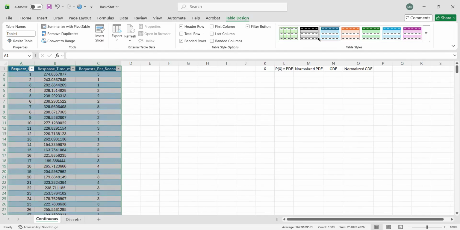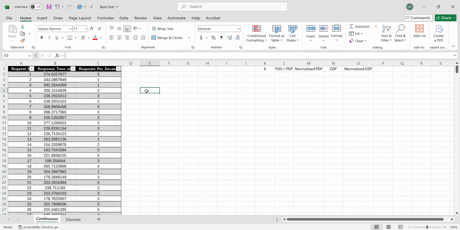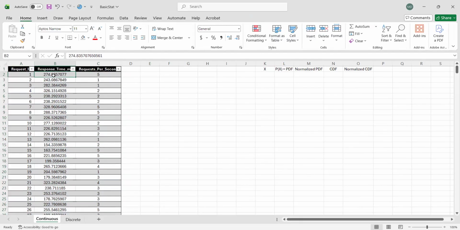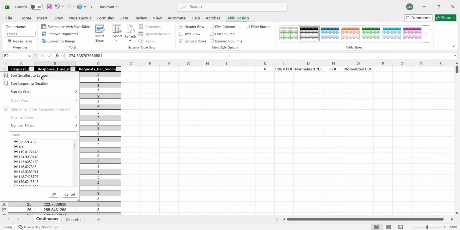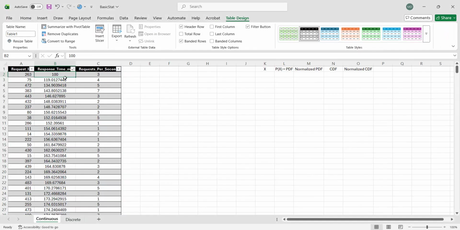Now we have this default format of the table. I'll change that to this one. Now we can choose to sort our data set in terms of response time from smallest to largest. As you can see, they have been automatically sorted from the smallest response time in milliseconds up to the largest.